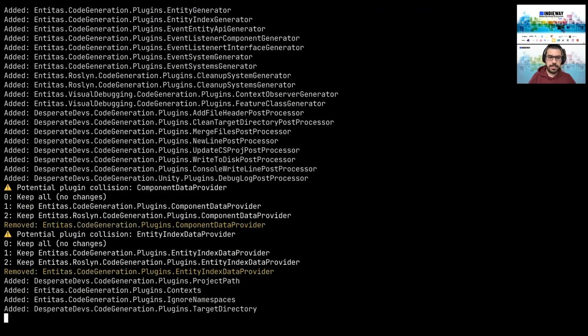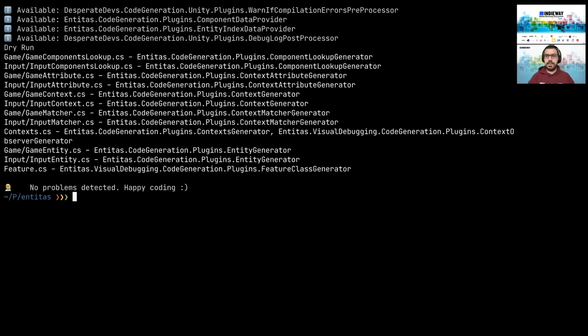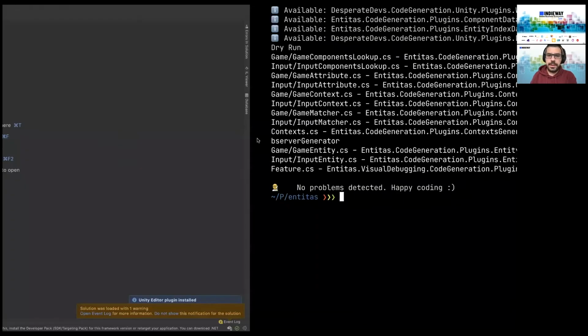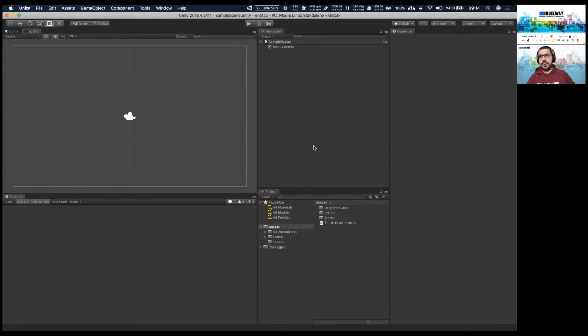Some basic code will be generated by Entitas. I won't show you all the details because these are really not important parts. This is the first part, and it requires a setup.